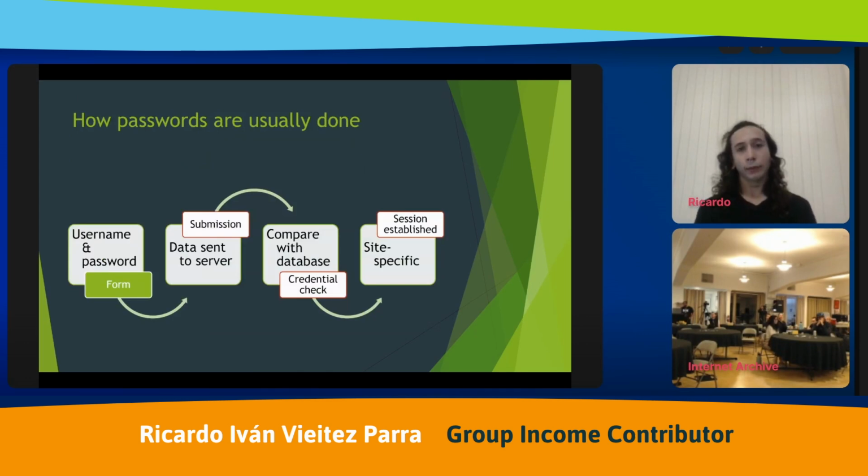Well, since we're using passwords, let's take a look at how passwords are usually done. This is how they usually work in most sites where you see a form like the one I showed at the beginning of this presentation, where you have a username and password and the submit button. So the first item that we have there, of course, is the form where you type this information in. And then you have